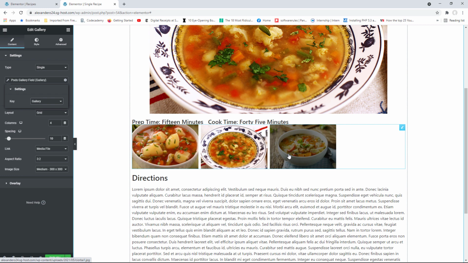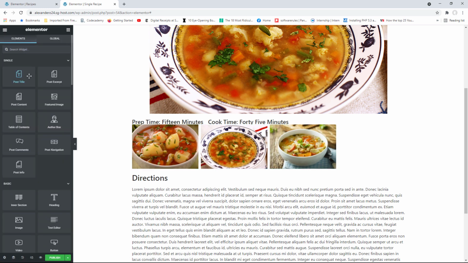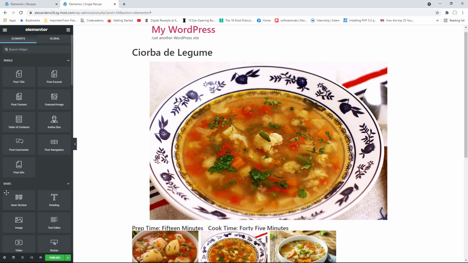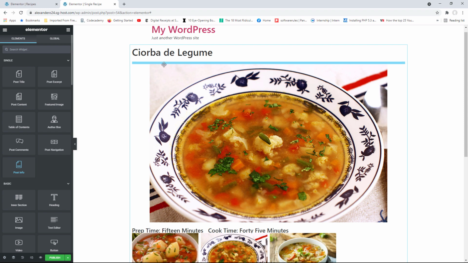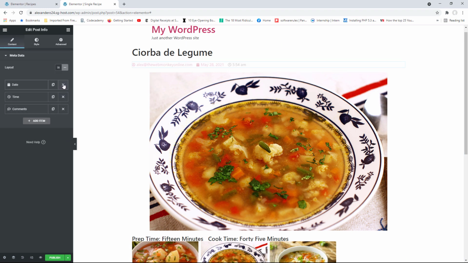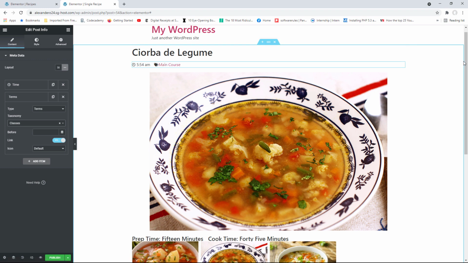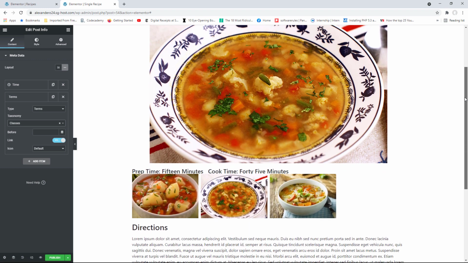By the way, if you want to display also the custom taxonomy, you can go back in here and simply come down to choose the post info. Let's do that just above the featured image. So I'm going to drag the post info widget right there. Let's remove author, let's remove date, we'll keep time, let's remove comments. To add the custom taxonomy, simply go to add item, and right here where you have type, you go with terms, and then under taxonomy you choose the classes, and there you go. So now you can see main course showing up,